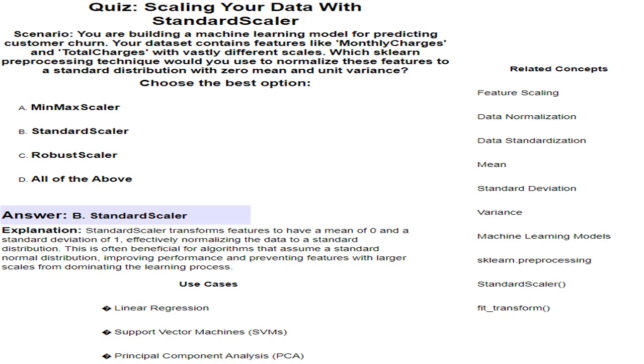Data standardization is a type of data normalization that transforms features to have a zero mean and unit variance. This is useful for algorithms that assume a standard normal distribution. In a fraud detection model, standardization can help ensure that features like transaction amounts are treated equally regardless of their